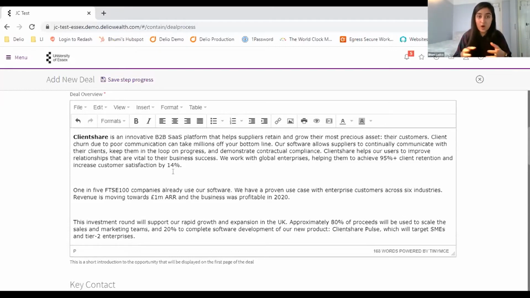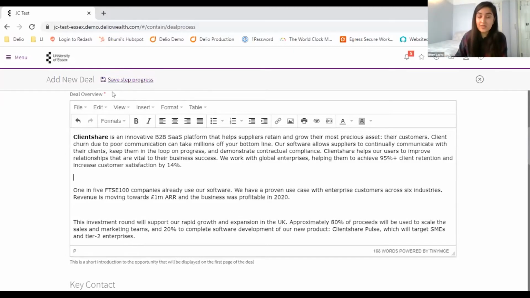One of the reasons why this platform is initially capturing an overview is because we want to make it easy for investors to click into the deal and get the key information almost immediately as soon as they open up the deal, rather than having to download documentation and so on. But don't worry, we do have a documentation section where you can upload more detailed versions of your overview and so on.